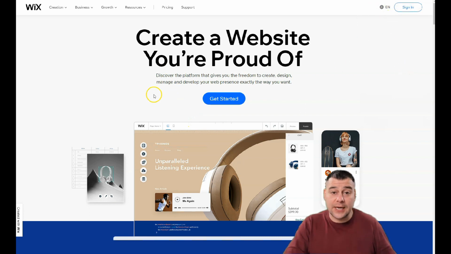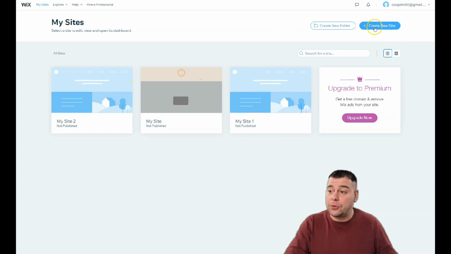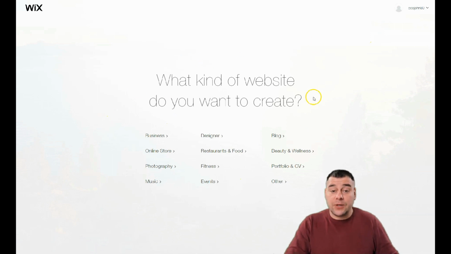Let's jump into the dashboard. Of course, you need to sign in or log in if you have an account. If you don't have an account, just make a new one. It's pretty easy and simple. When you're on the dashboard of this platform, you just need to press create website. The platform itself will ask you what is the purpose of your